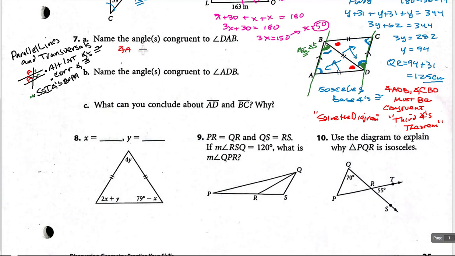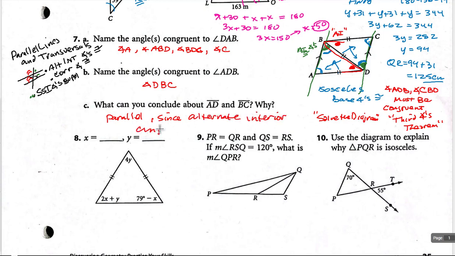So congruent to DAB, we have angle A, angle ABD, angle BDC, and angle C. Congruent to ADB, though, we just have angle DBC. And what can we conclude about AD and BC? They must be parallel because ADB and DBC are a pair of alternate interior angles. So the converse of the theorem says that if alternate interior angles are congruent, then the lines